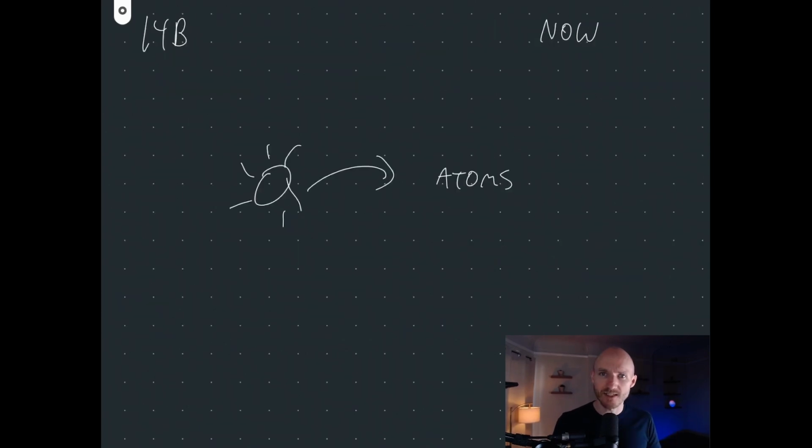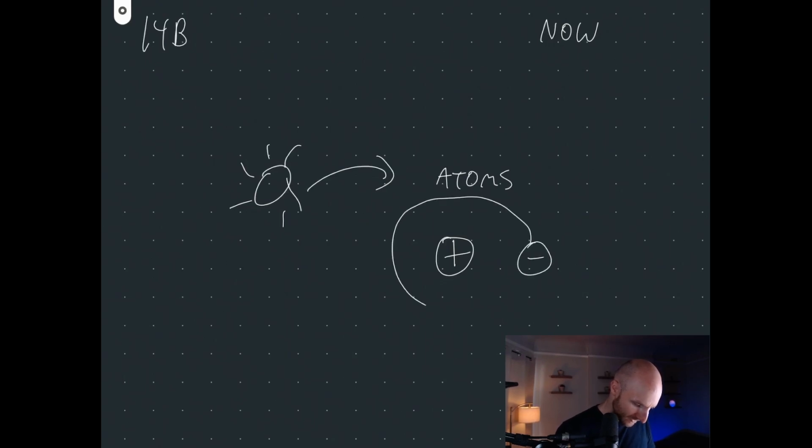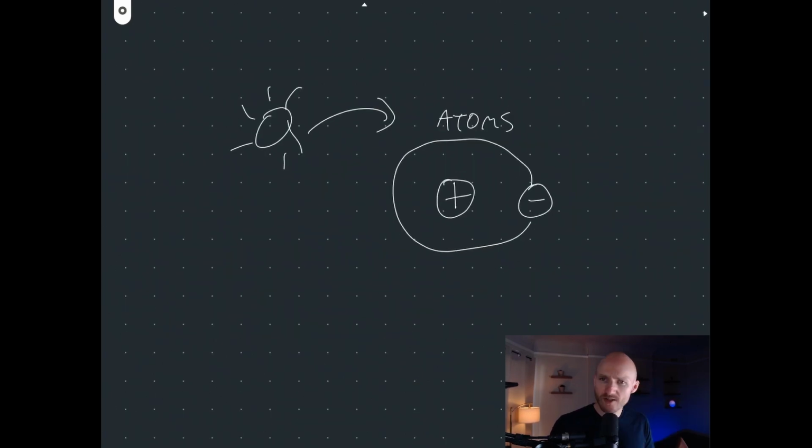We can investigate this by diving into what is an atom. I think we know that an atom is composed of two things: the protons in the middle, and on the outside the electrons. The electrons orbit around the protons in the nucleus. Obviously this is an electron cloud, not just an orbiting electron, but this is roughly the structure.